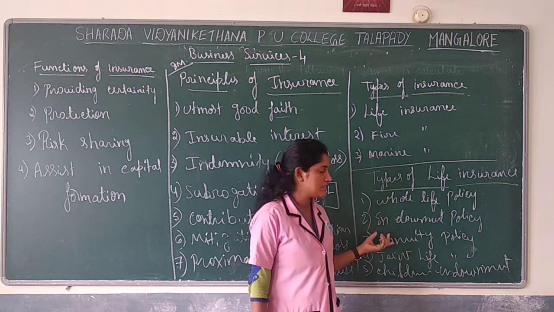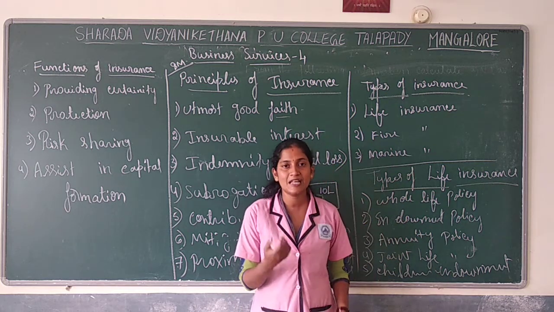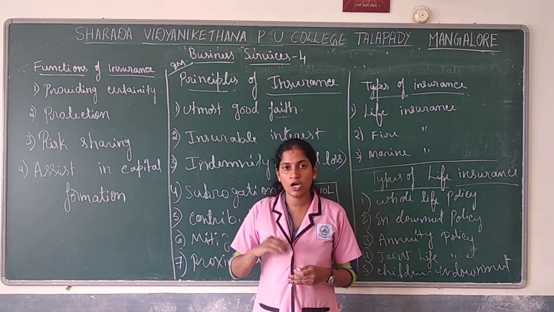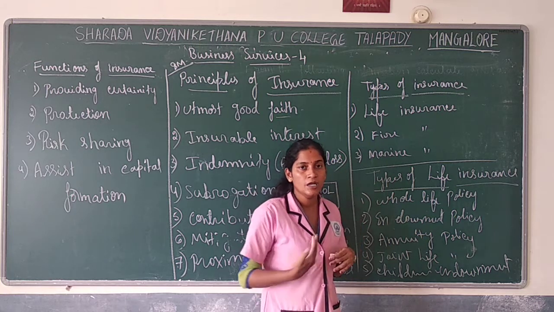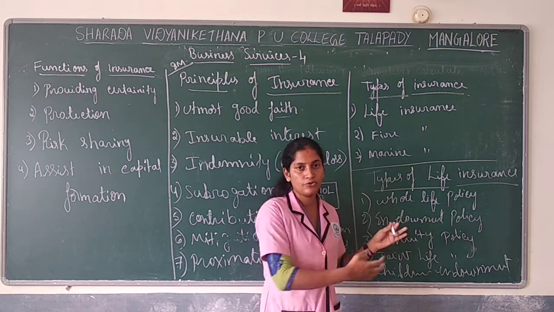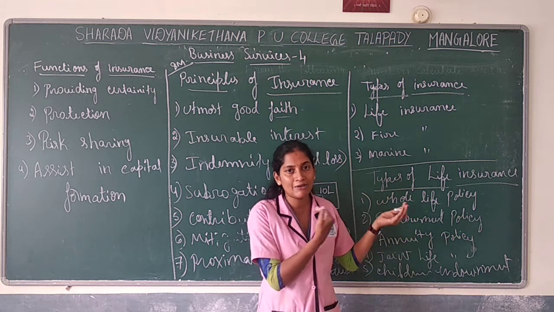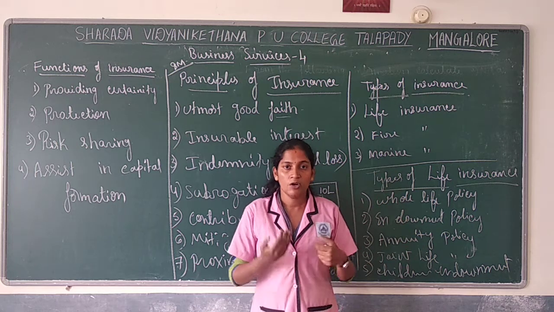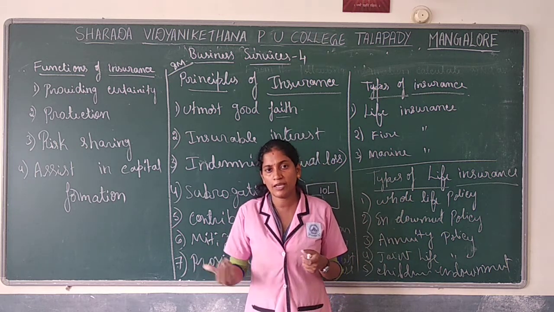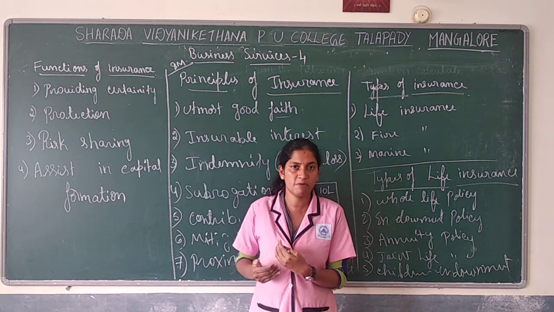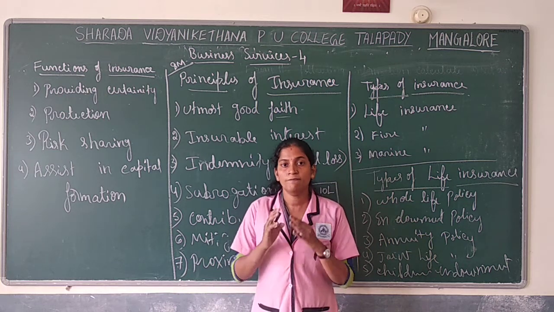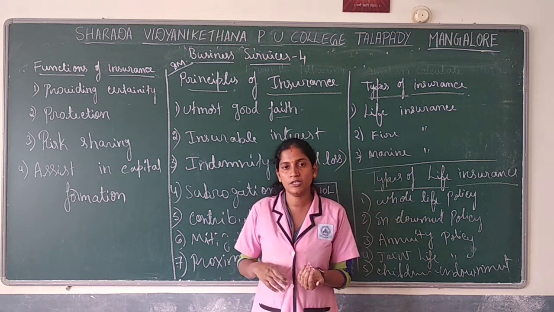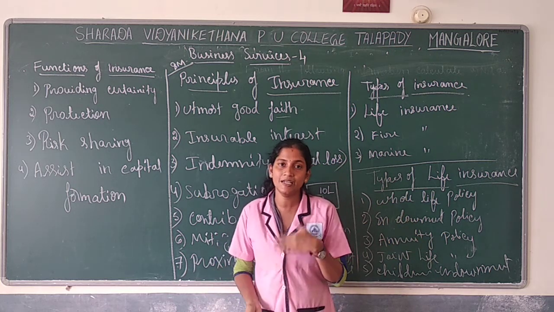That is annuity policy. Next is joint life policy. As the name suggests, it is jointly taking an insurance policy to protect against loss occurring from one person. For example, two partners, 1 and 2. If anything happens to one partner, he can cover those losses from the insurance. It is especially for husband and wife. The husband takes an insurance policy in the name of the wife, or the wife takes a policy on the husband, so they can protect against financial losses in the future. If anything happens to the husband, the wife will get the insurance amount.